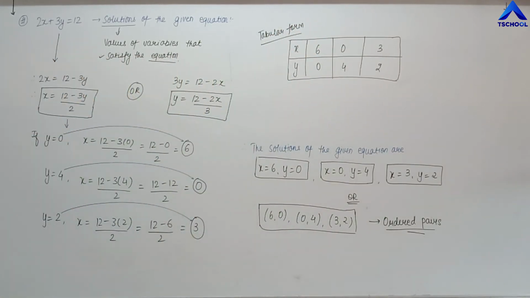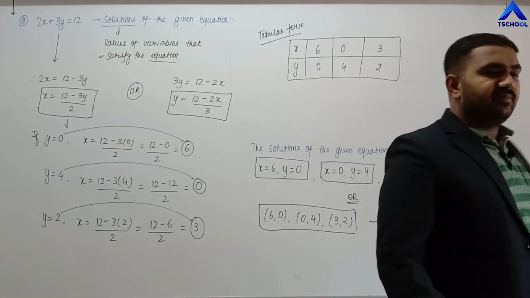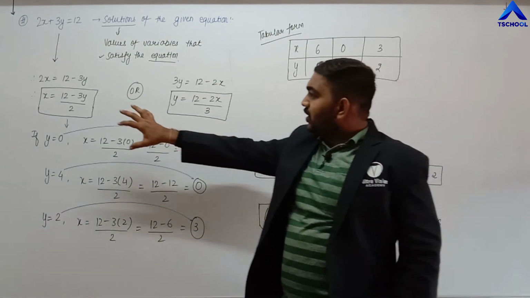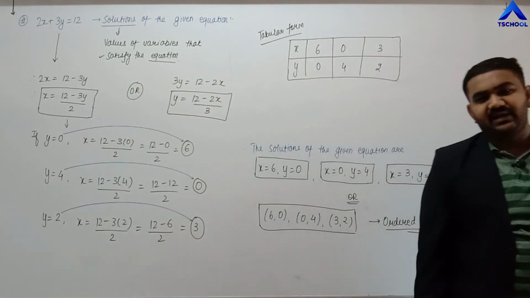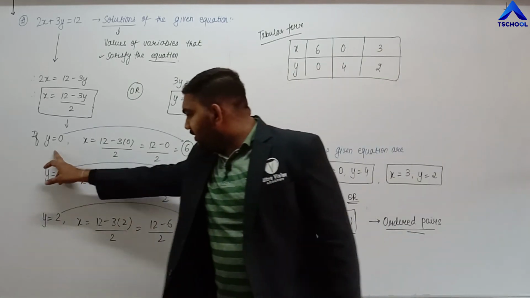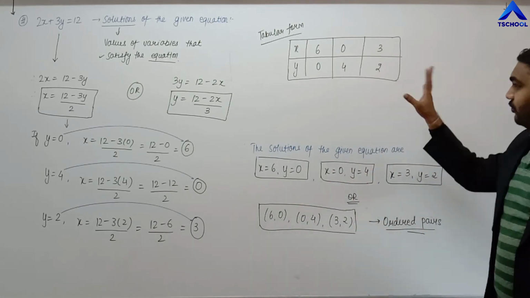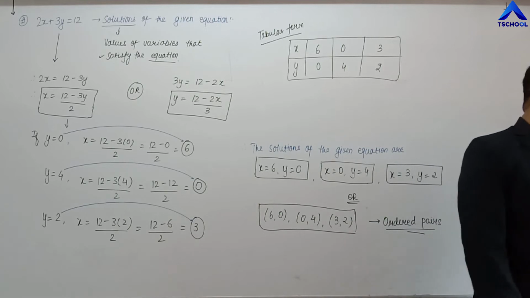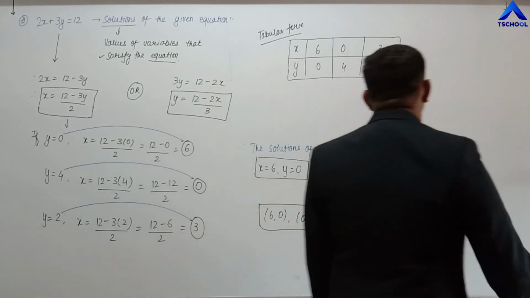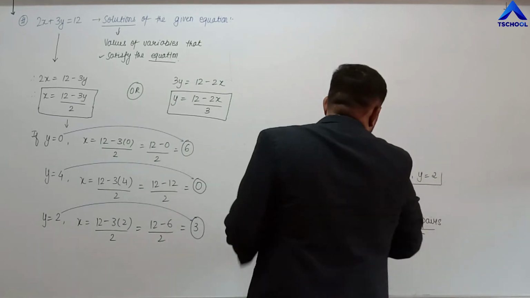Okay. So that is how you find out the solution of any given linear equation in two variables, right? First of all, we will find out the value of any one of the variables, making it the subject. Then we will assume different values of the variable here, and then we shall simply write down the solutions. Is it clear, friends? Okay, so now I have some more examples that we are going to solve here, so that you come to know exactly how this works.